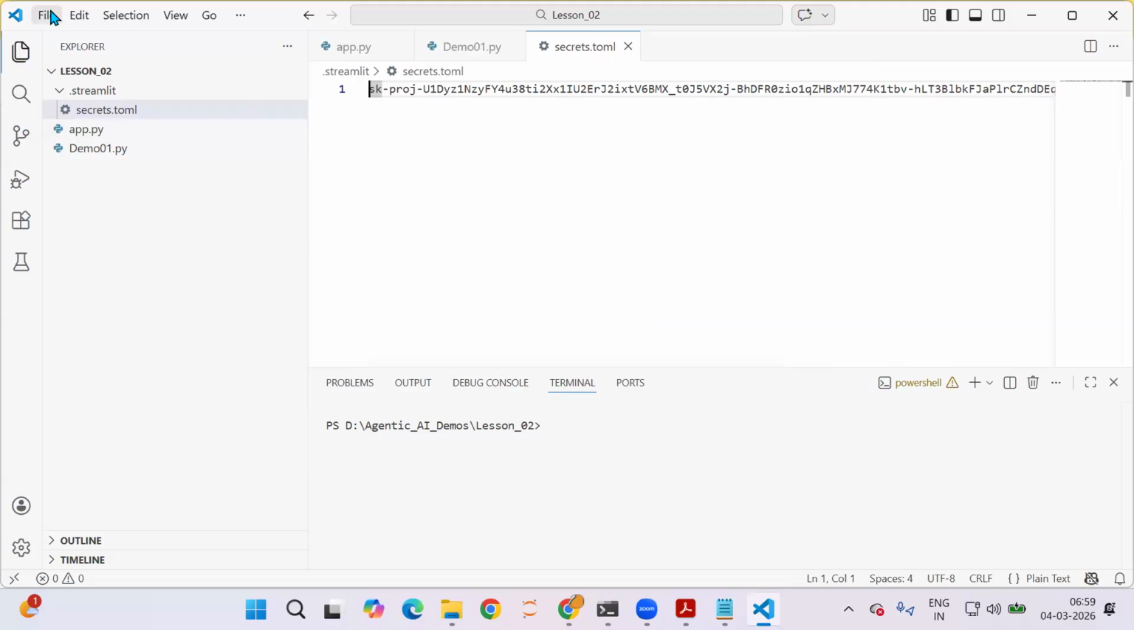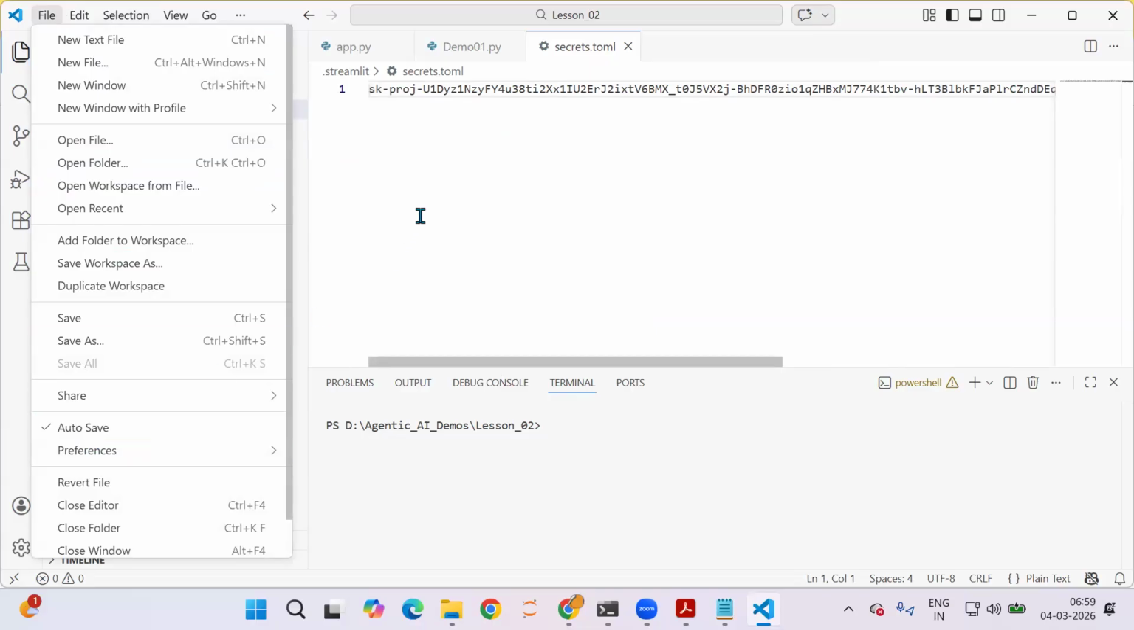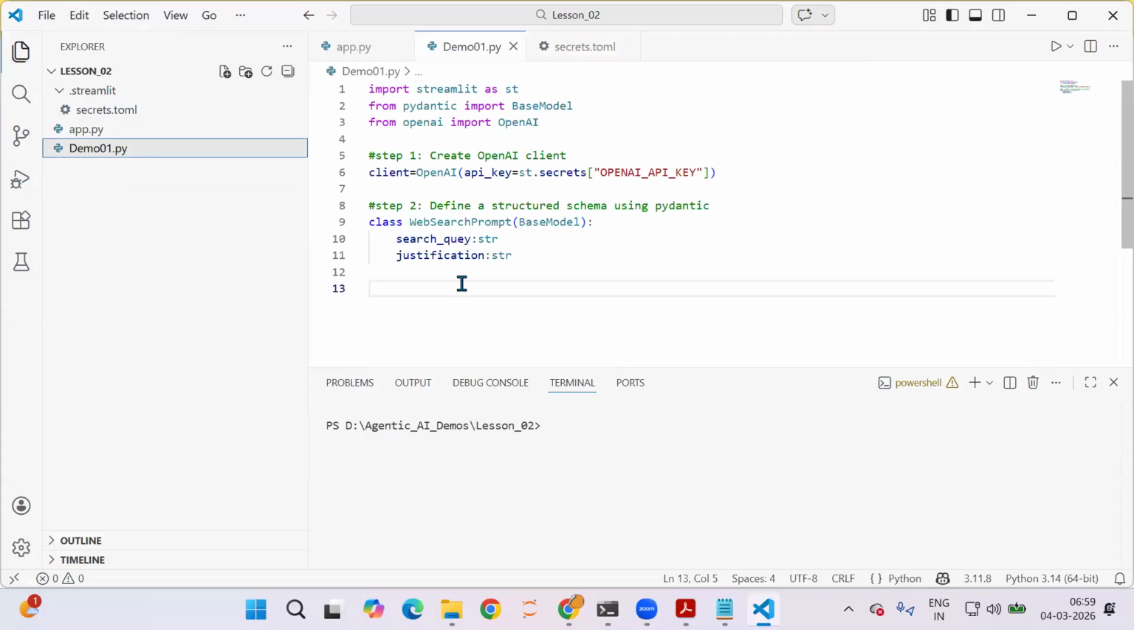I would recommend you to go for the auto save option here in Visual Studio. Are you comfortable till here? Yeah, that's correct. Good. Great. So next step,